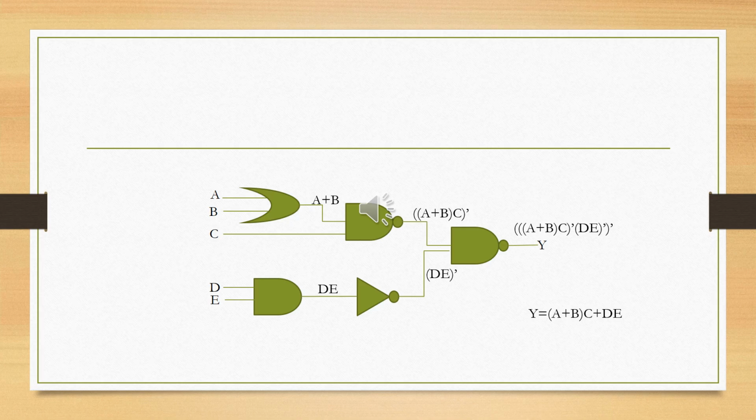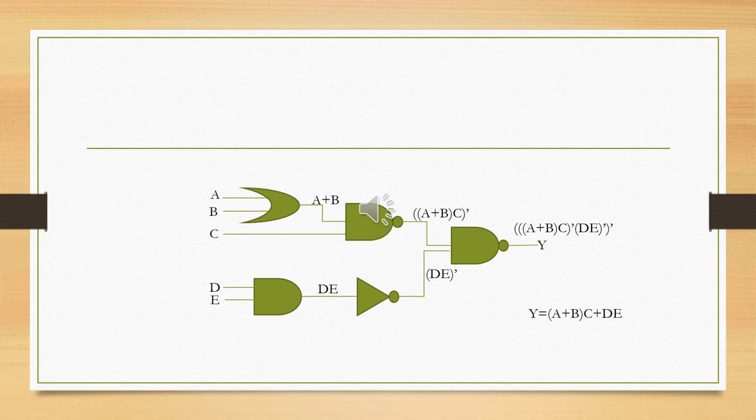So now applying De Morgan's theorem, that is duality also, x bar the whole bar is equal to x. So a plus b into c bar, and outside we also have another bar, so x bar the whole bar is equal to x. So a plus b into c bar, and also one more bar, so this becomes a plus b into c, and also here the AND operation. By De Morgan's theorem, this AND operation becomes an OR operation.